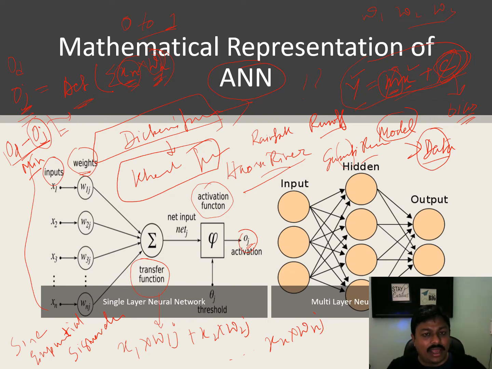Now we again change the value of W. Let us say we take it as 0.2. Now a new OJ will be given. Again this OJ is placed in this equation, and then a new difference will come. After that, we compare the earlier difference with the new difference. And if the new difference is lower compared to the earlier difference, then we again